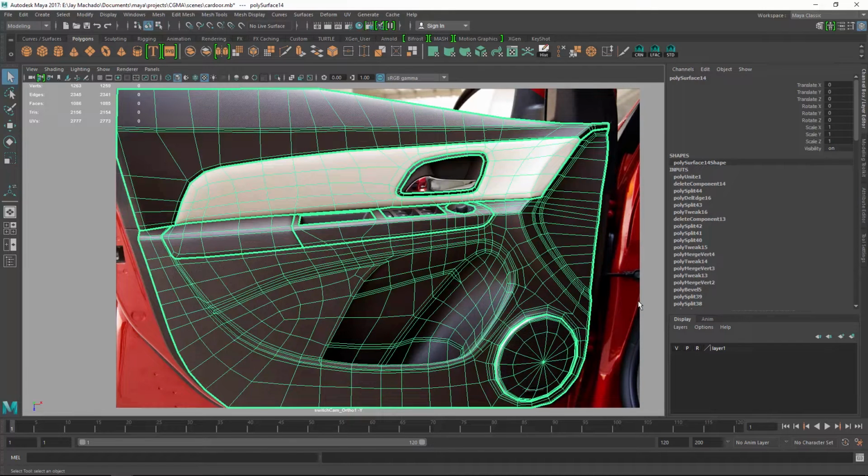This is kind of a good exercise. I'm not going to require this for this class, but I definitely would encourage you to draw stuff out on paper if you're struggling with how the edge flow should be. It's way easier to just draw something out quickly than try and figure it out on your model if you're struggling. The other cool thing about drawing over images, though, is you do get to see the size of fillets,